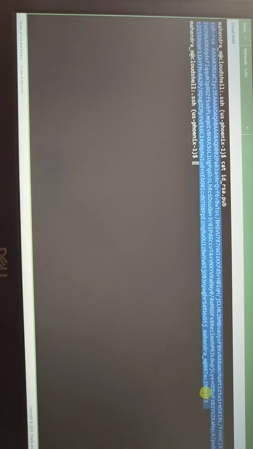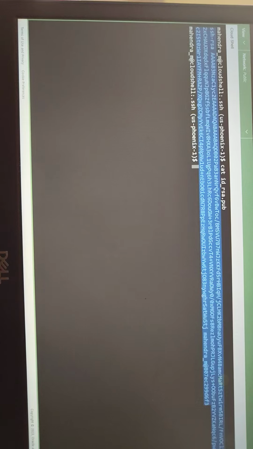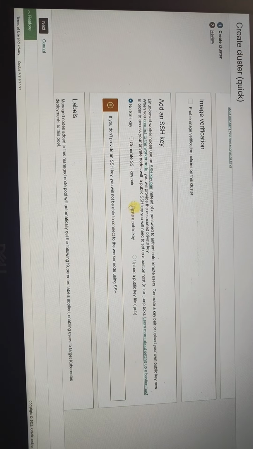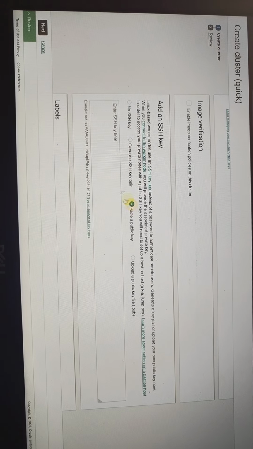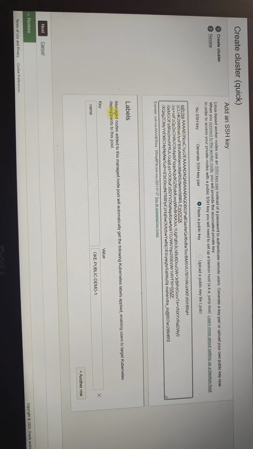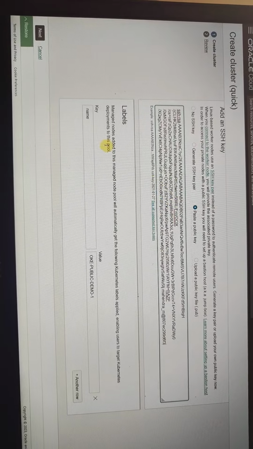Copy the content of public key first, for which I'll use the cat command. And this is my public key, so I'll select the public key and just copy it and minimize the Cloud Shell here, and let's select paste a public key option and paste our SSH public key in this box. So the public key that I pasted here will get installed on all the worker nodes in